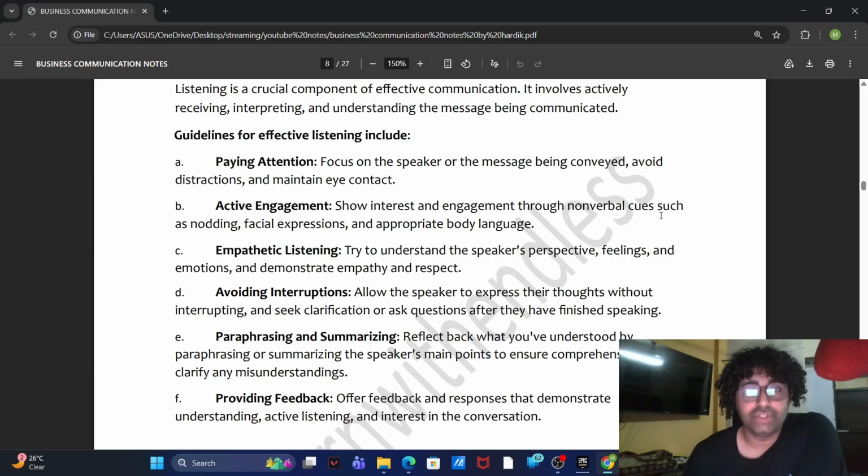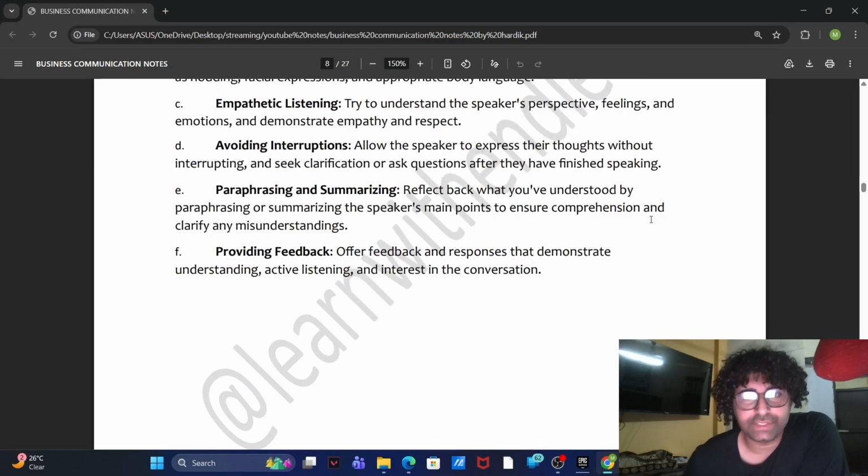Active engagement. Show interest and engagement through non-verbal cues such as nodding, facial expressions, and appropriate body language. Empathic listening. Try to understand the speaker's perspective, feelings, and emotions, and demonstrate empathy and respect. Avoid interpretation. Allow the speaker to express their thoughts without interpreting, and seek clarification or ask questions after they have